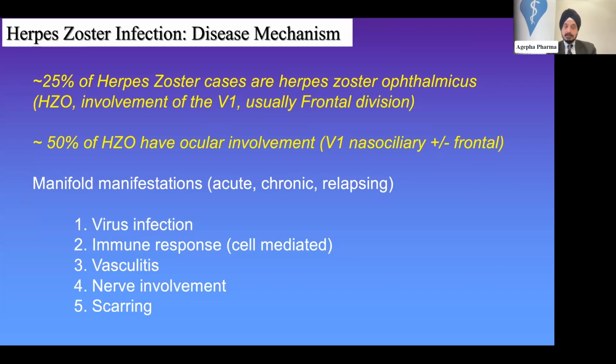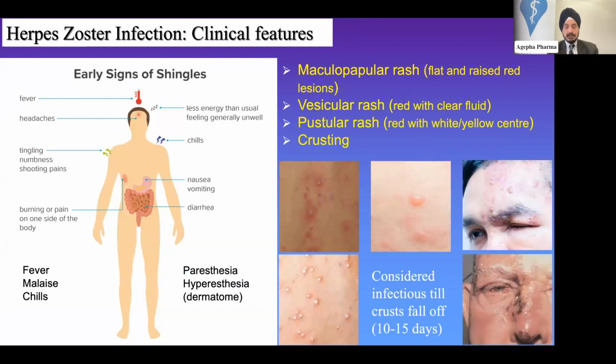Then the third mechanism is vasculitis. The vasculitis can be both immune-mediated and direct virus infection, but when the vessels are obstructed, then you get the ischemic changes, and that adds to the clinical features. Then nerve involvement, with increased nerve firing or nerve dumbing down of sensations. So that again adds to the clinical manifestation, and eventually the scarring. So 5 main mechanisms by which the disease occurs. And we'll go through these clinical features now